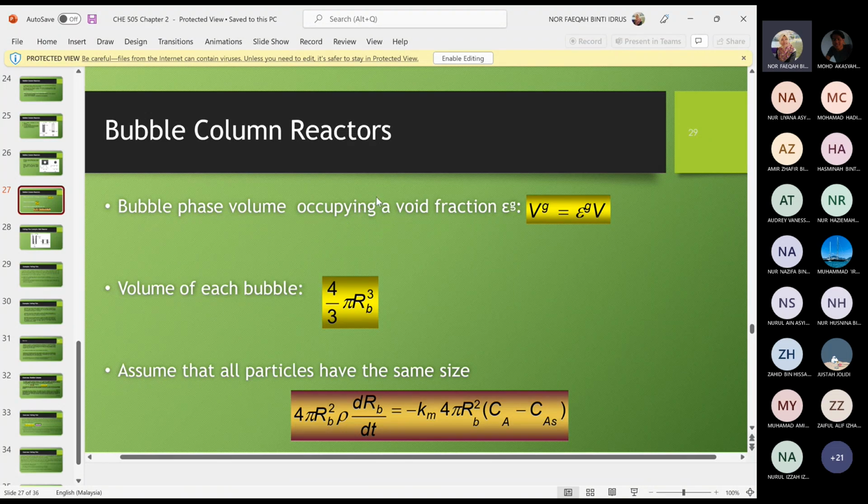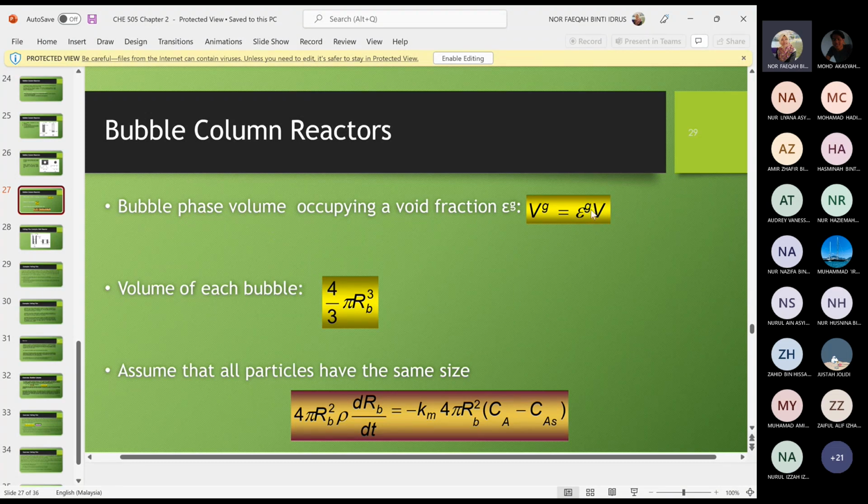So if the reaction in bubble column is mass transfer limited, we will apply all these equations. Okay, so bubble phase volume occupy void fraction. So this is how you can calculate the volume of gas, but you need to know the